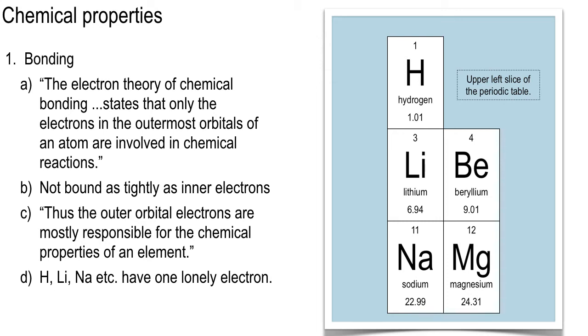Okay? So lithium is element number 3. It's got n equals 1 filled in its ground state. And then it has one more, a neutral lithium. A neutral lithium atom has 3 electrons. So it's just got 1 out there in the n equals 2 level. And it's out there kind of poking around. And it's not bound very strongly. And that's the one that another atom can rifle. Same with sodium. Sodium's got 10 plus 1. And that 11th electron in a neutral sodium is the one that can get rifled.